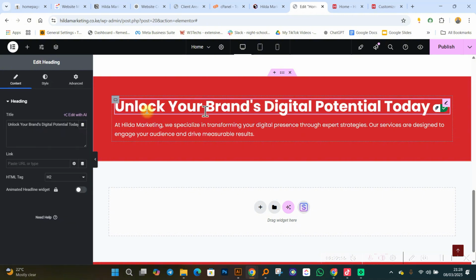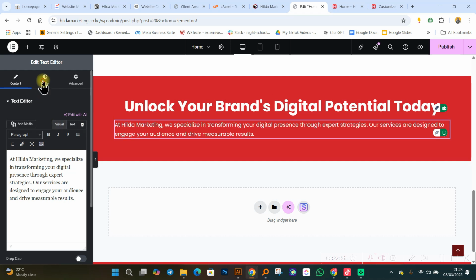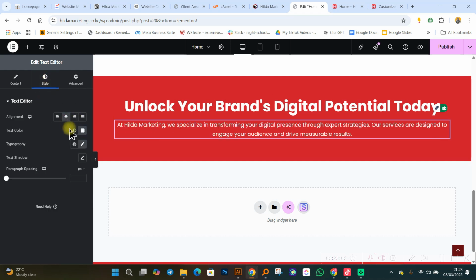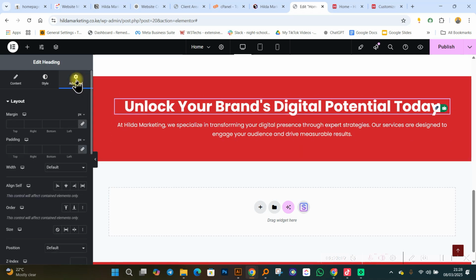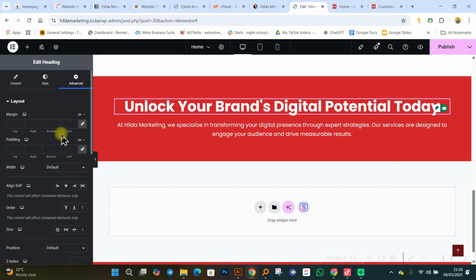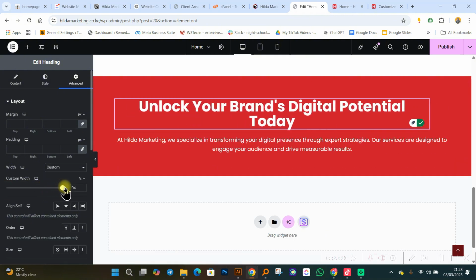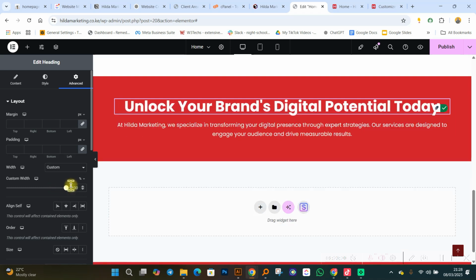Now I can select this text, click on style, align it to the center, select this again, click on style, align it to the center. So we're going to have something like that. And if I come and select this, and then I click on advanced, okay, I can easily adjust the width. I can select the width, I can say custom. Niifanye ikuwe ndogo. Like that. You can adjust the width to anywhere you want. Okay? For now, we leave it like that at the moment.